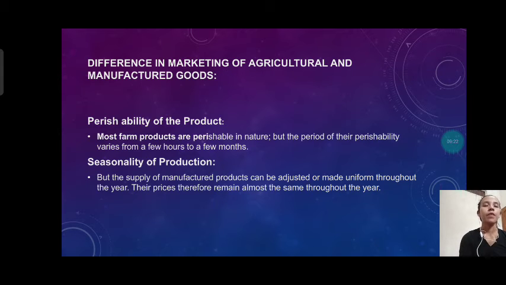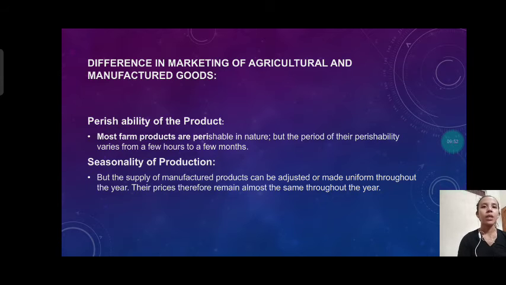Difference in marketing of agriculture and manufactured goods. The differences in marketing. The marketing of agriculture commodities is different from the marketing of manufactured goods because of the special characteristics. The special characteristics which the agricultural sector possesses and which are different from those of the manufactured sector are